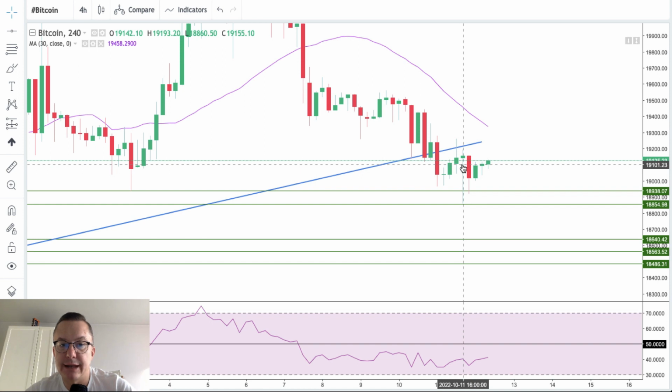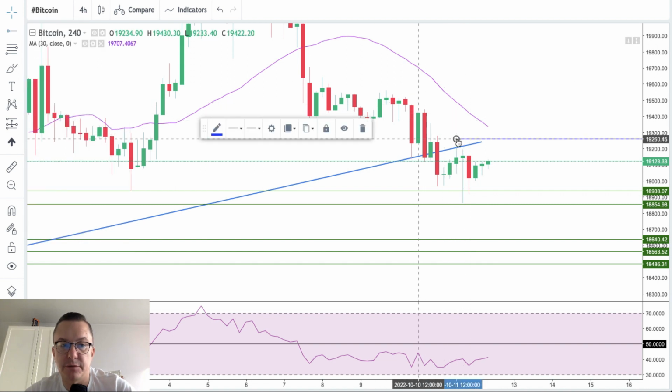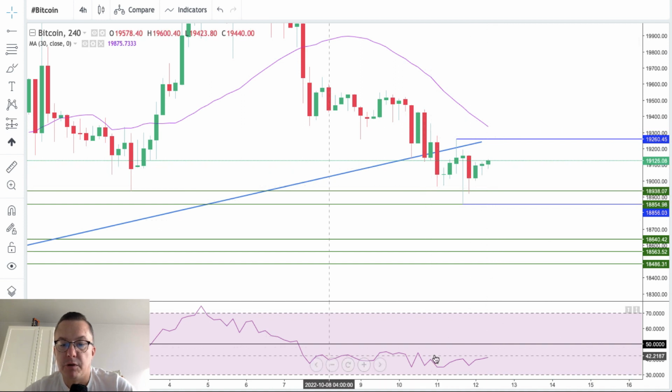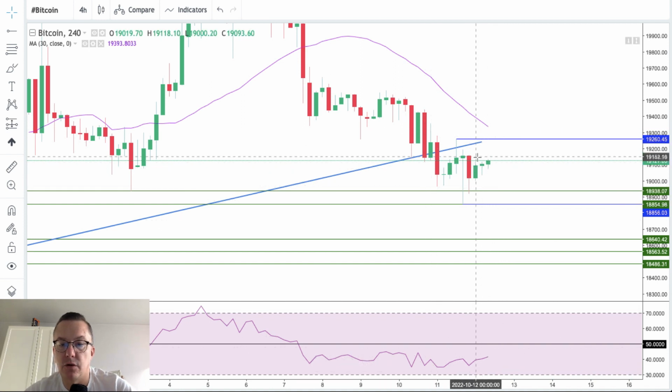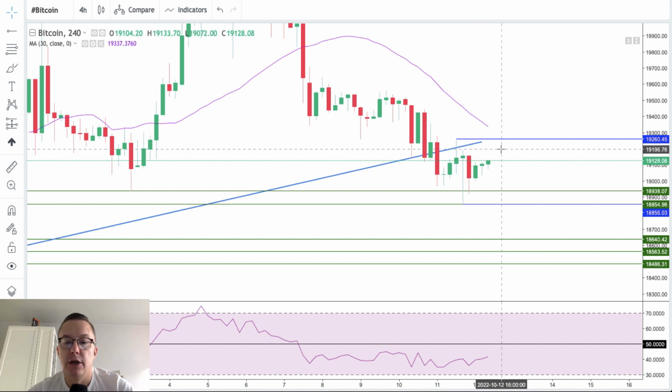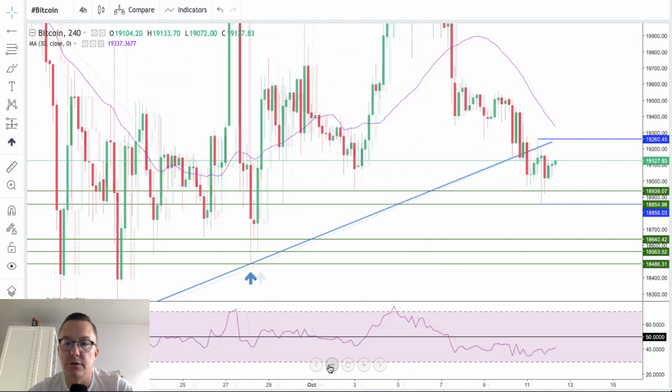19,193, 18,860, and if we don't break one of these levels soon enough, then of course the market will keep trading inside of this zone. So this is the inside bar zone. Momentum is negative, is weak, so the down move is preferred. The downside breakout and down move is preferred on Bitcoin, in the short-term target 18,640, 18,563, 18,486. So the outlook for the